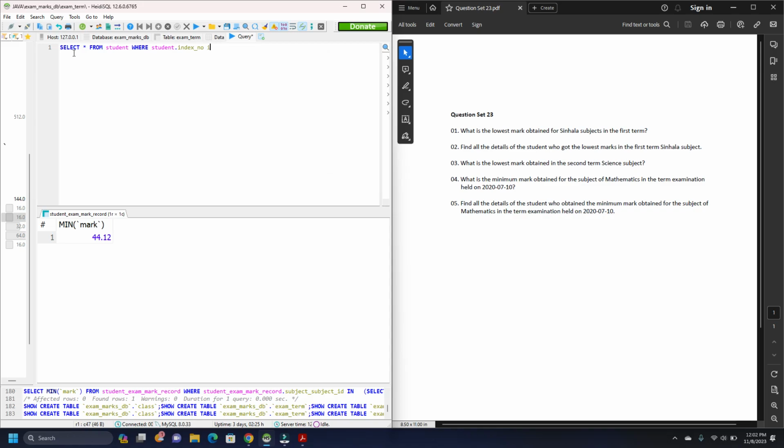So here we are gonna find the index number from the student table using subqueries. So we are gaining the necessary index number from the student exam mark record table,